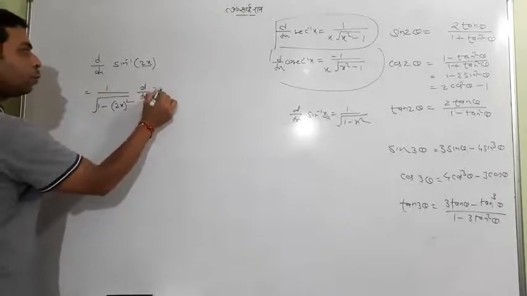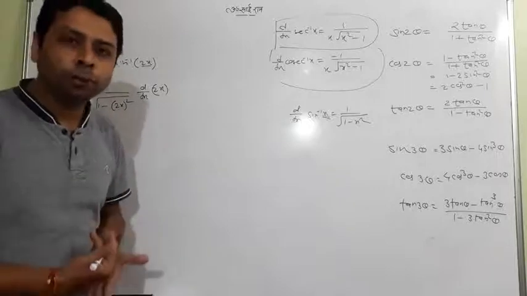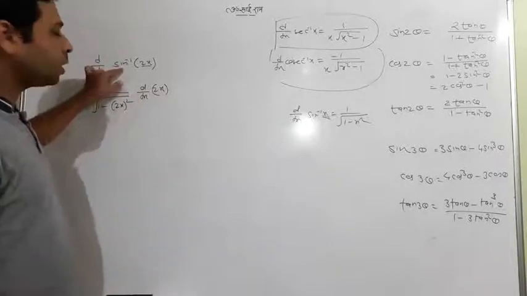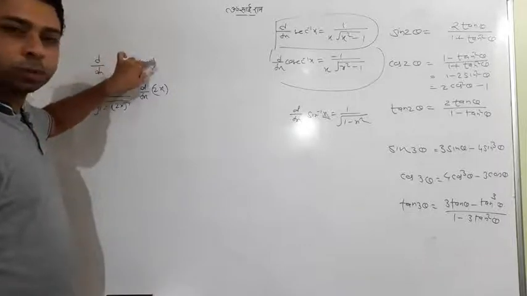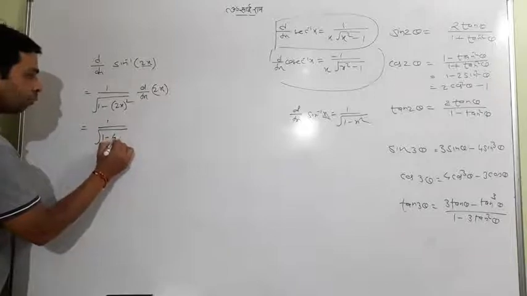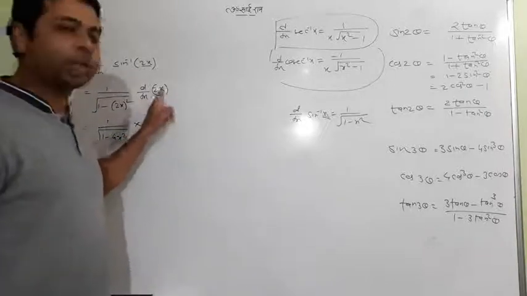Look at 2x square. It is not enough. You have to go with the differentiation of 2x again, because we already came to know it is a function of a function. Using the chain rule we will do this, and first it will be sine inverse and then 2x. So very simple. Now the rest you can do by yourself. It is 4x square and 2x having a differentiation 2, because differentiation of x is 1.